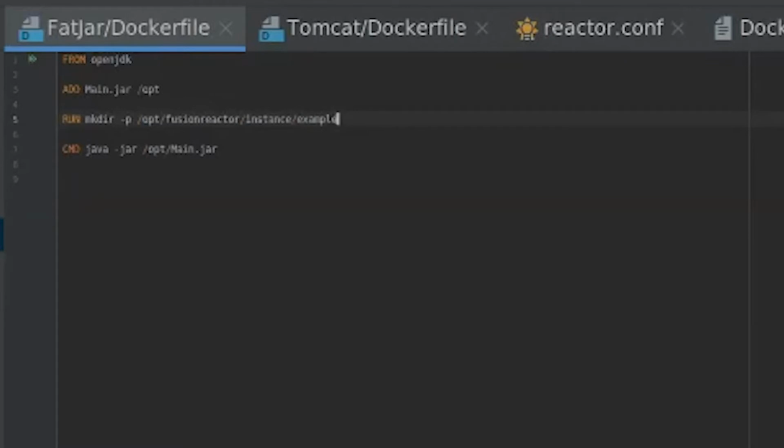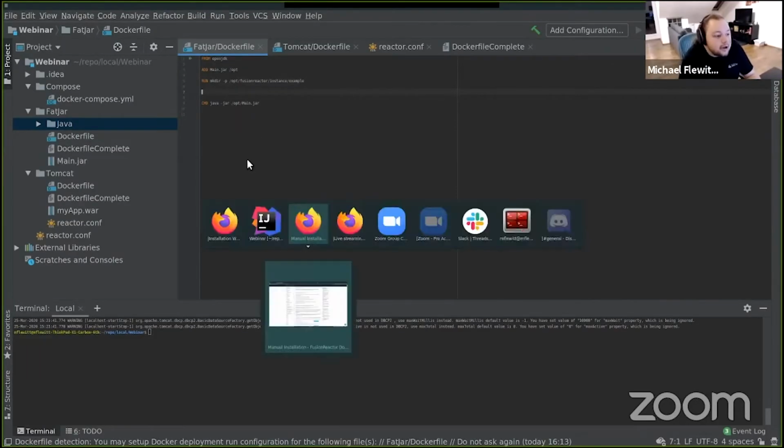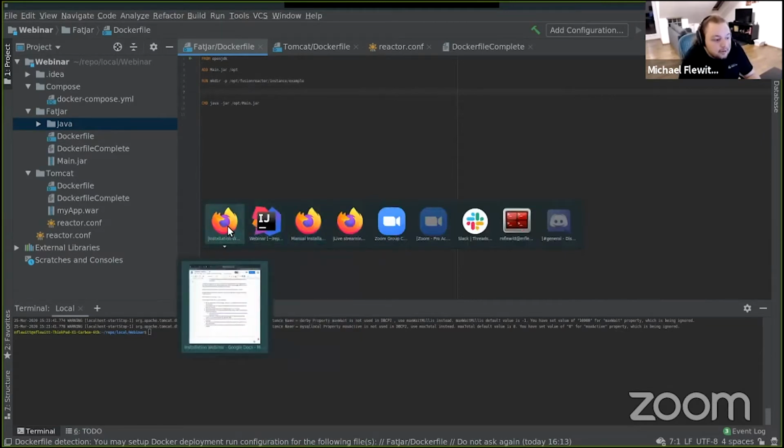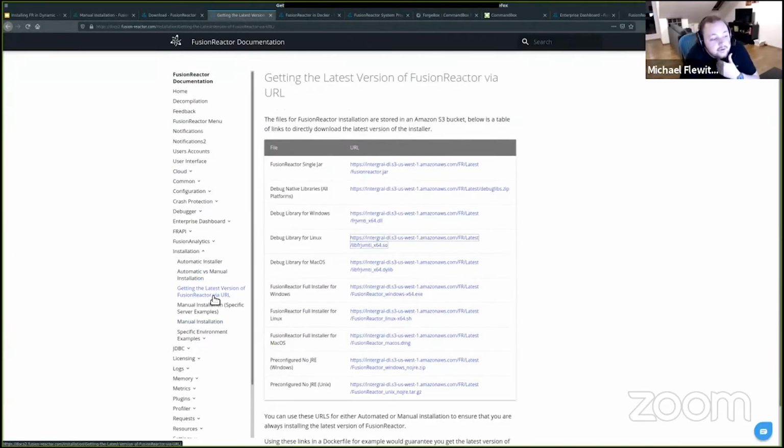Now we need to add the files. And to do that, we're going to use the latest URLs. So if I quickly jump back to the docs, which are here, what we have under installation in our docs is getting the latest version by URL, and this is what we're going to use. So the first thing we need is the single jar. So I'm just going to copy this link,